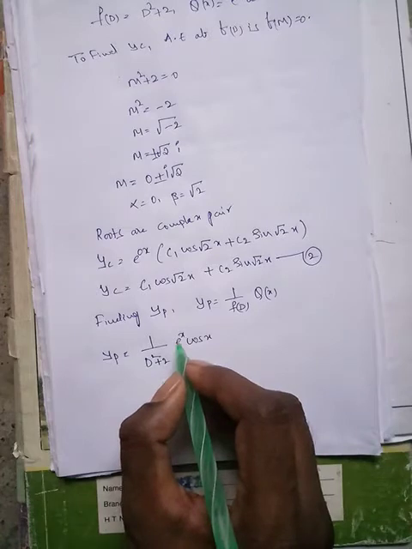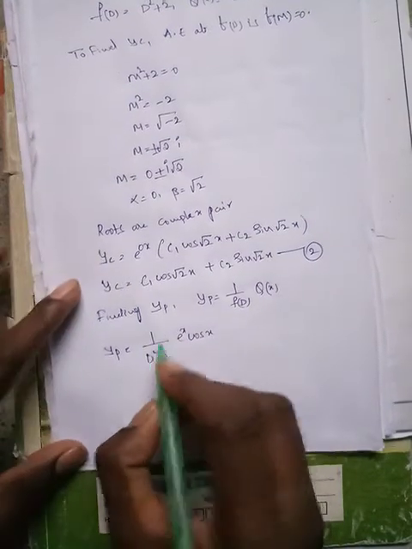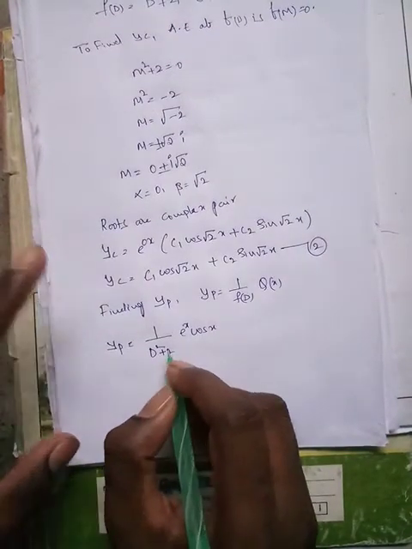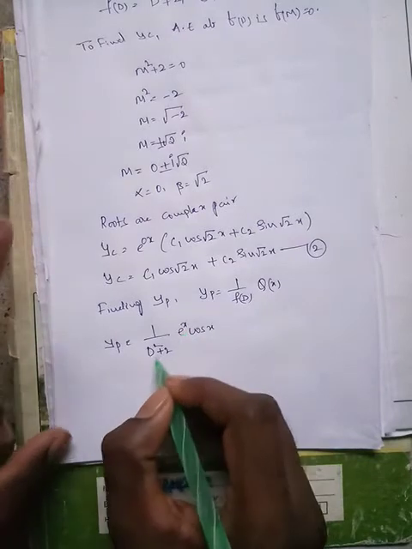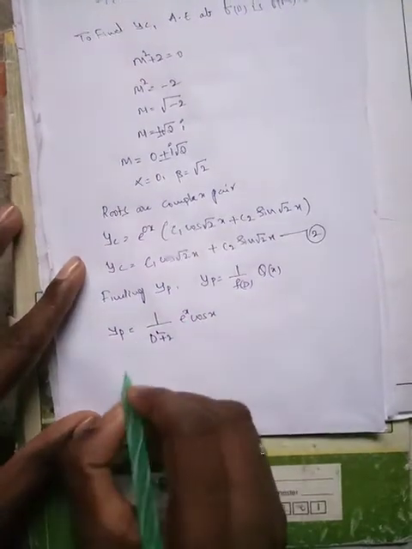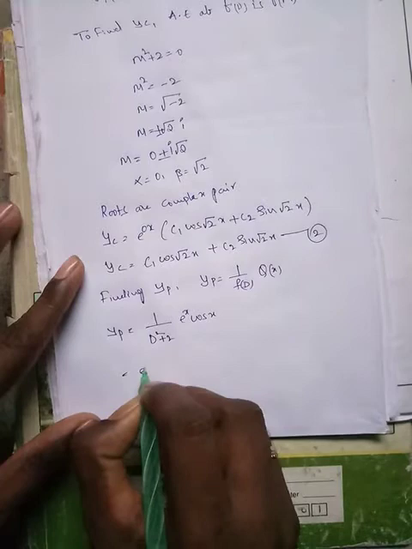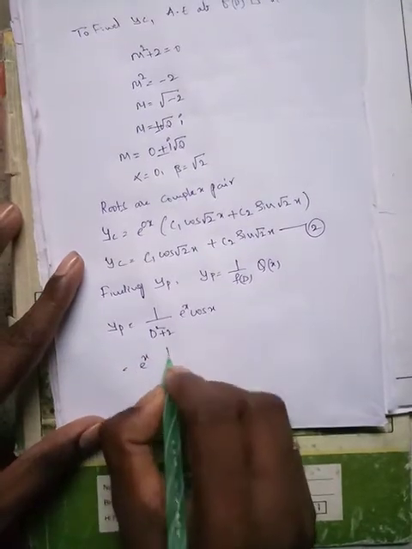Here, in the place of a, we have 1, so we need to replace D by D plus a. Actually, here a equals 1, so I need to replace D by D plus 1 here. Like that, I am neutralizing e power x here. So e power x.